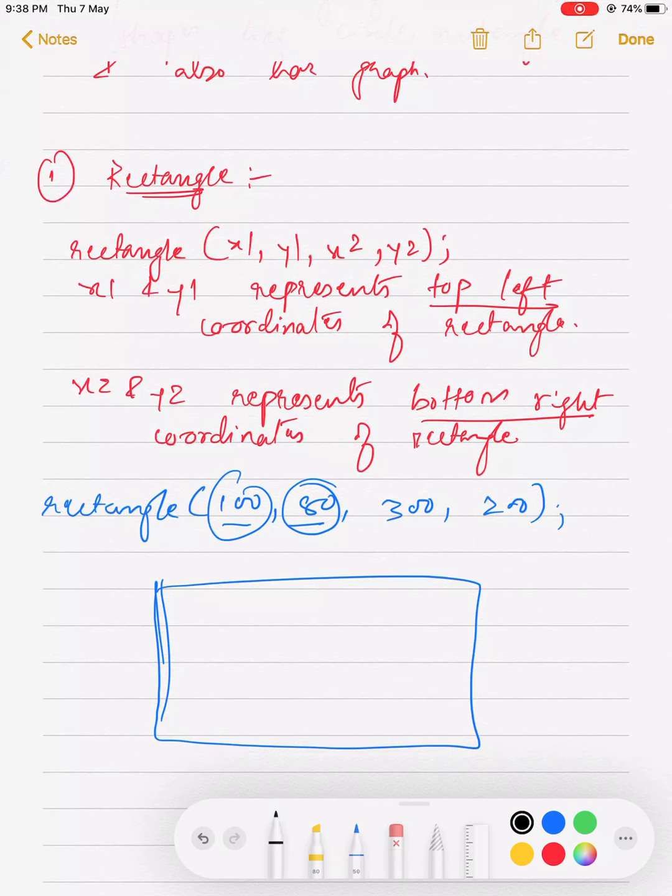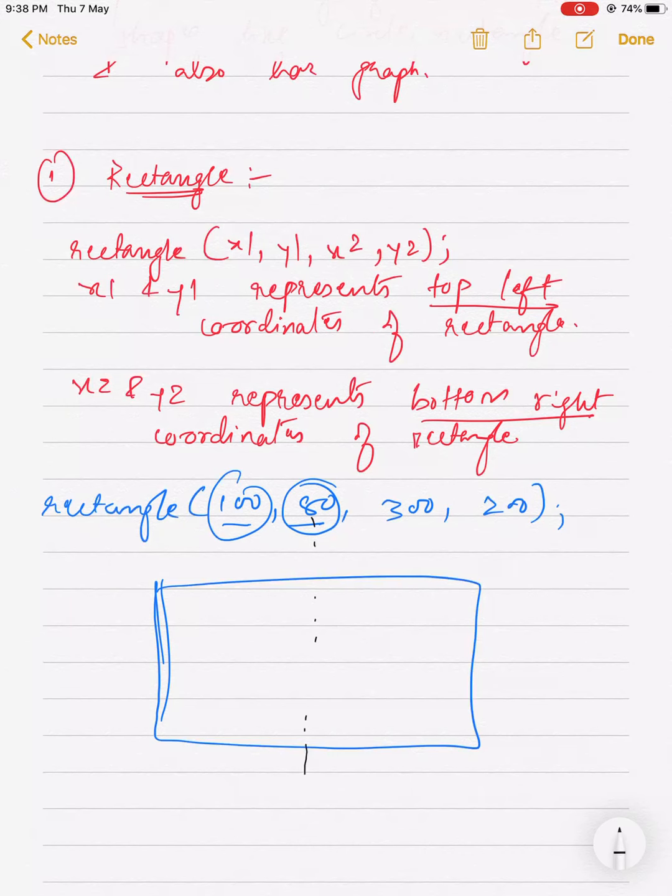Top left is x1, y1, so over here this will be 100, 80, and the bottom right is 300, 200. The x-axis value 300 will go further right, and the y-axis value 200 will go further down. So this point will be somewhere over here, 300, 200.